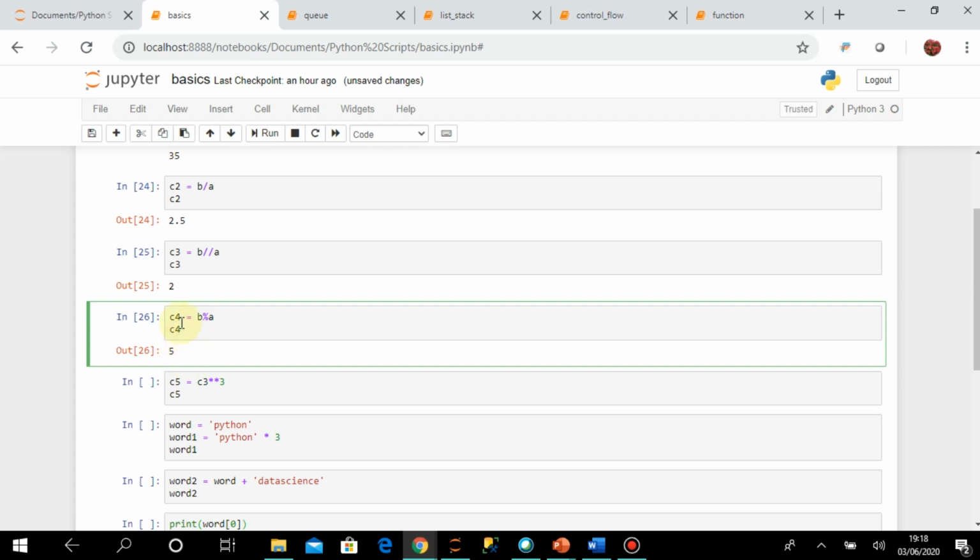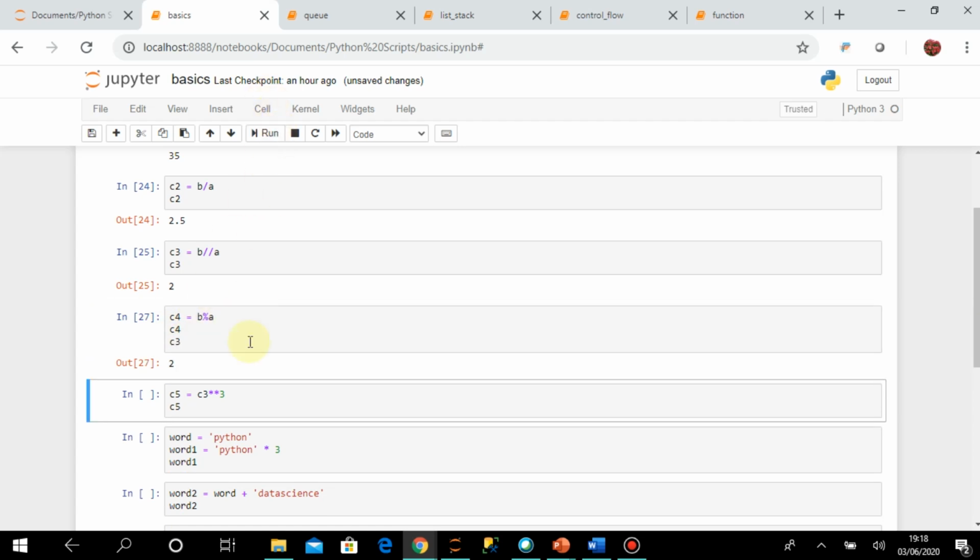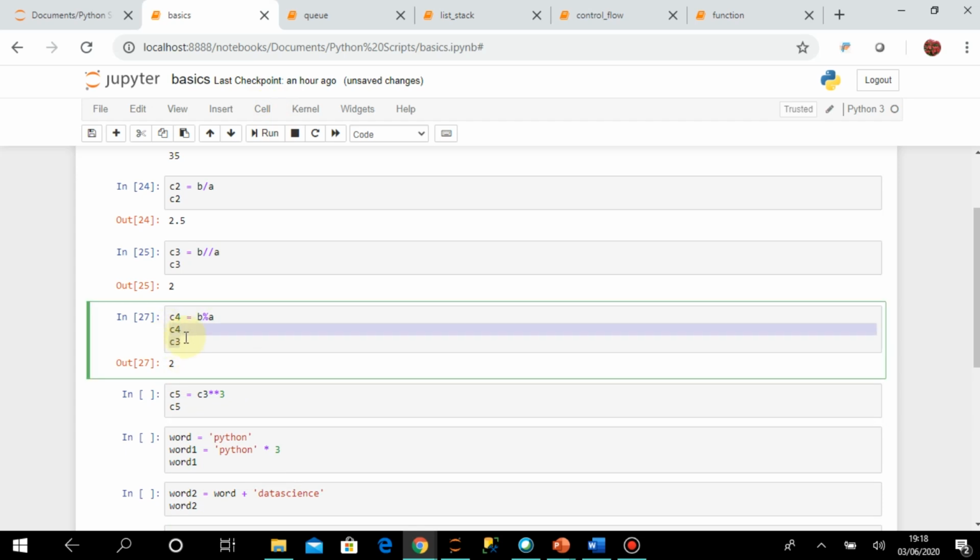Whether I write print C4 or just C4, it will be the same. But the difference is that if I write C4 and then C3, you will see that you are getting 2. As there are two variables I have written, you will get only the last one.